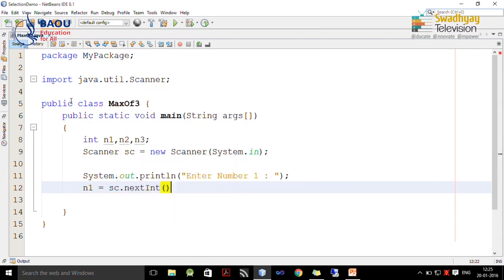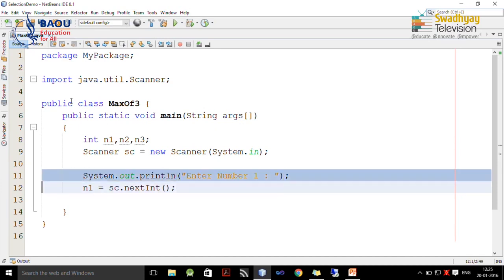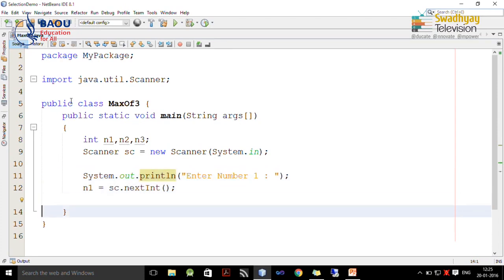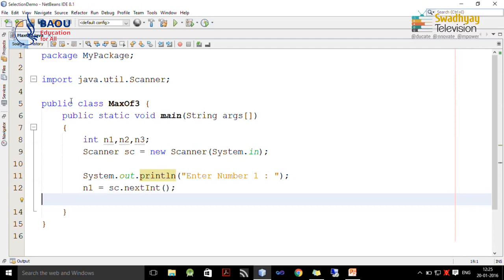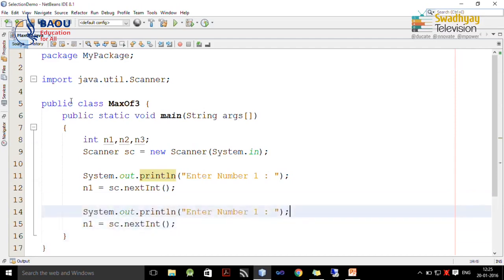We already discussed this method. This method will read data entered by the user and convert it into an integer. Similarly, we can read the other two numbers. You can copy this code with Ctrl+C and paste it with Ctrl+V, and just change the caption to number 2. Here we write n2.